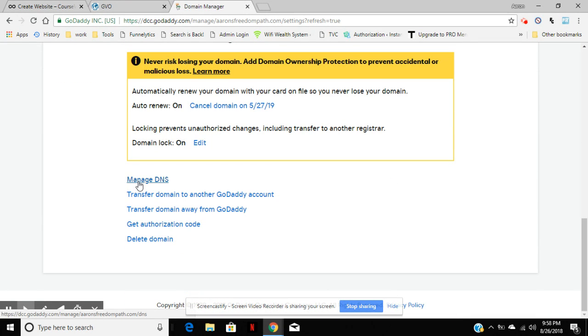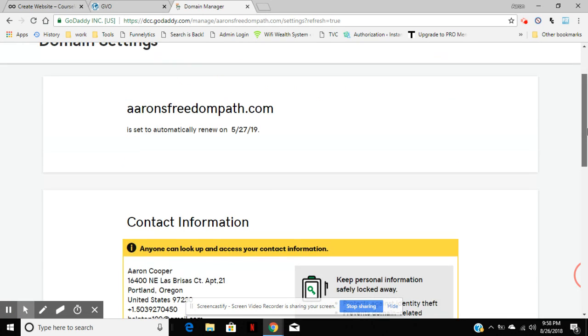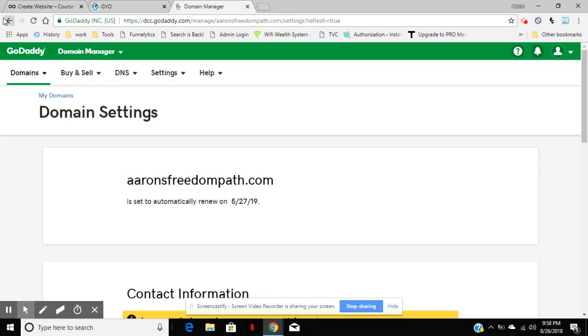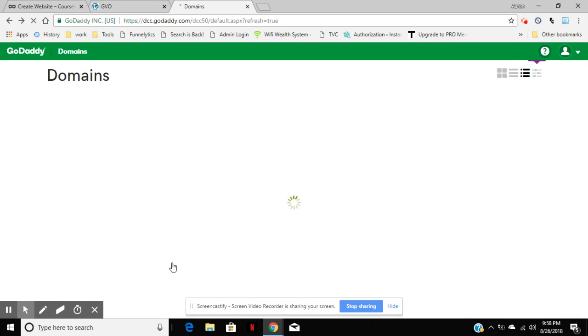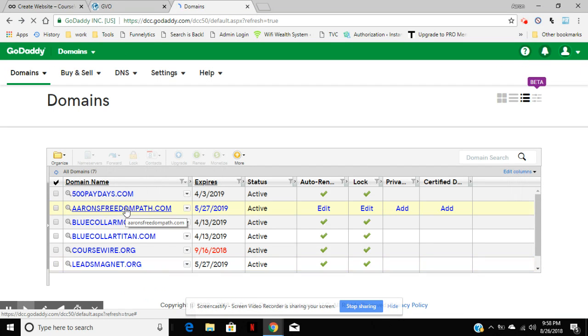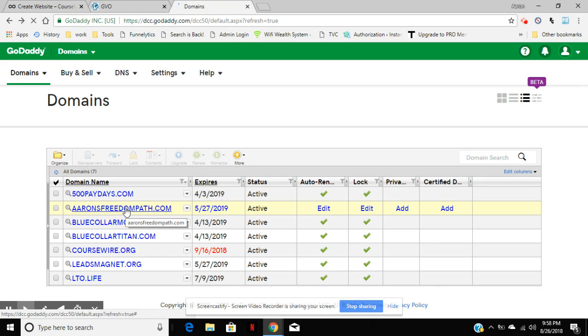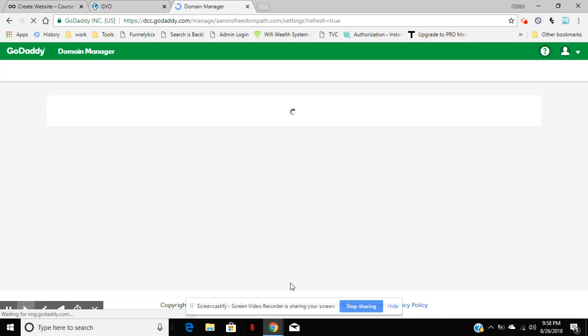You want to simply click on Manage DNS. So let's go back through that process again, and make sure you guys are getting it. You simply click on the name of the one that you want. It's going to pop up and look just like this page.